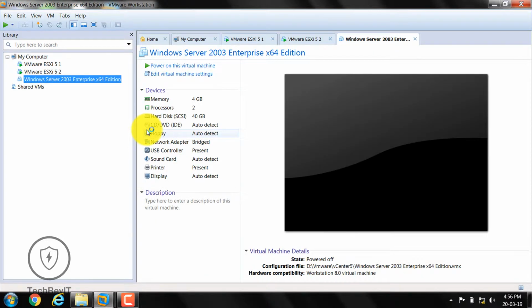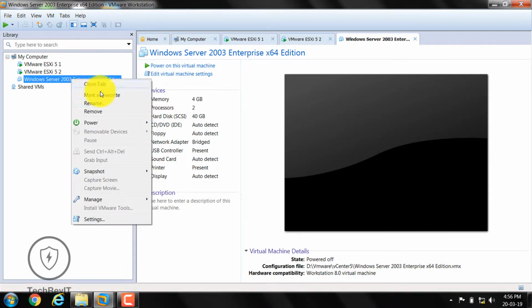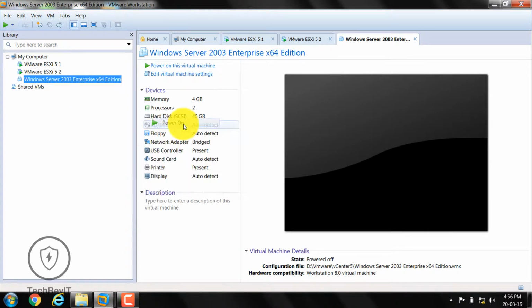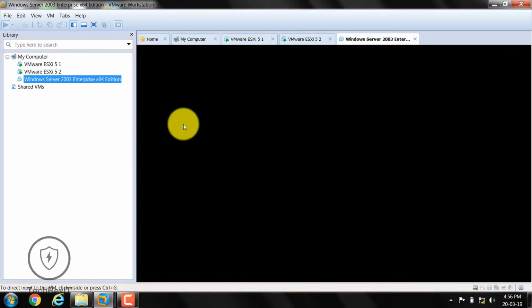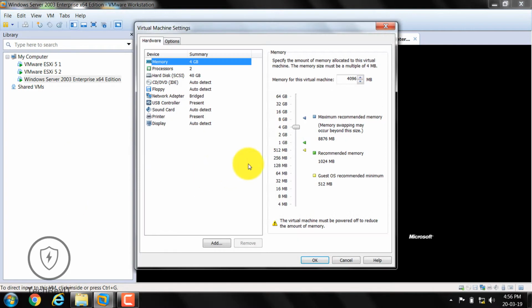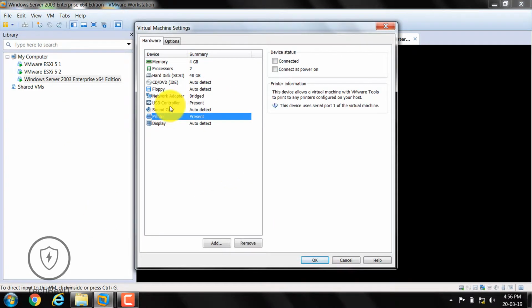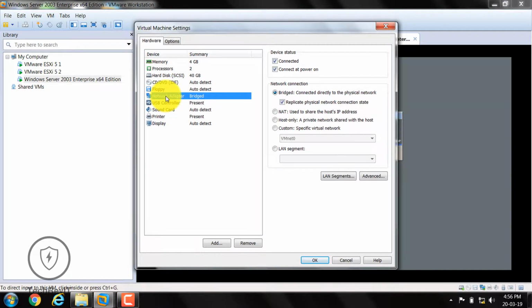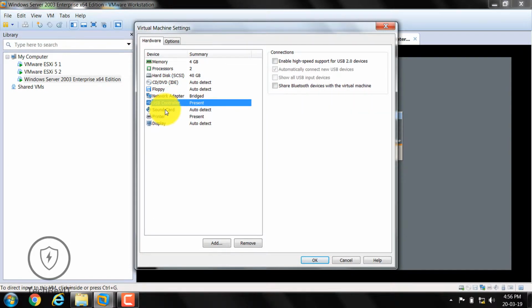To save time, we have already installed it, and I hope everyone knows how to install Windows Server or a Windows operating system. I have double clicked on the configuration file, and we have turned on the system, and let's see the configuration of the Windows Server 2003. We have 4 GB of RAM, 2 processors with